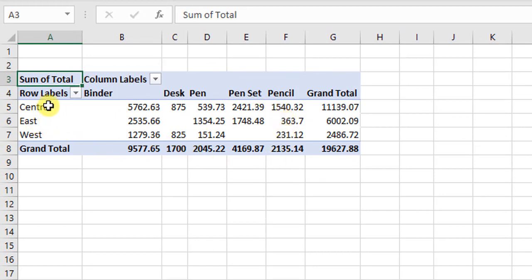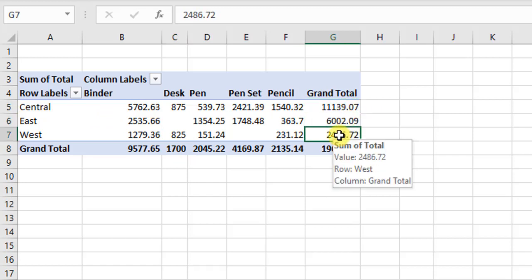So we have the regions and we have the items. These are the sales of each item, and these are the sales of each region. So this is how we can summarize data according to our needs in Excel with just a few mouse clicks.